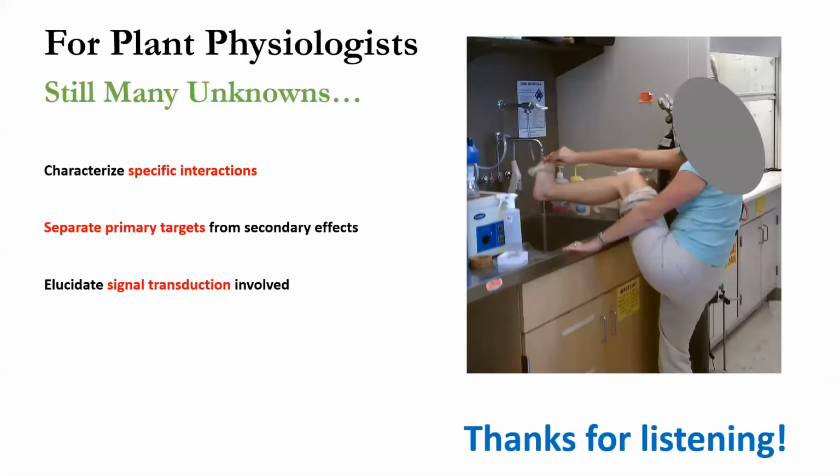And lastly, for plant physiologists here today, there are many critical questions that still lack definitive answers. For example, we still don't know the specific mechanisms of how aluminum interacts with various cellular components, such as the many transmembrane proteins. Another thing is that we still need to separate the primary targets of aluminum toxicity from the secondary effects. For example, we discussed the disruption of mitochondrial morphology due to aluminum binding. However, this can also be the secondary effect of other cellular stresses, which may also disrupt mitochondria structure. And we actually do not know that